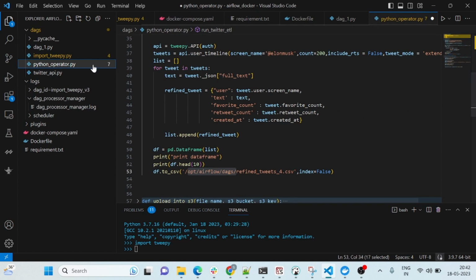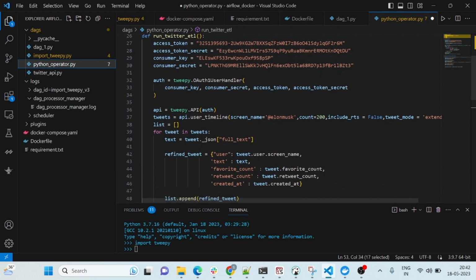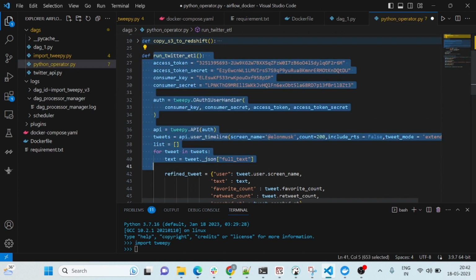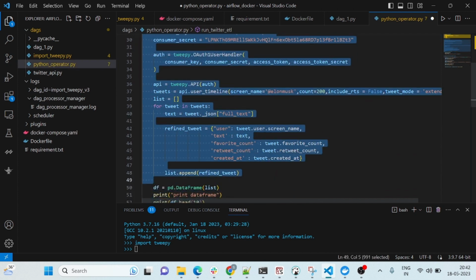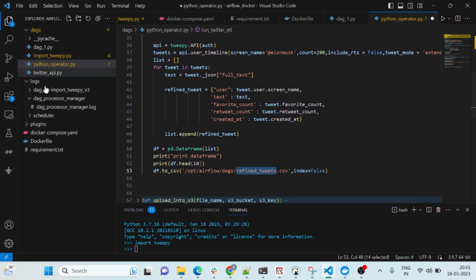So where is my function? In my previous video, we have already learned how to import data from Twitter. All those things I have already explained in my previous video. You can watch it. I will provide the link in the description. And this is the one line I have added here. I'm just saving this data frame into this location. I will put this file name, refined_tweets.csv here. This is the file name, and this function will run and create one file in this location,